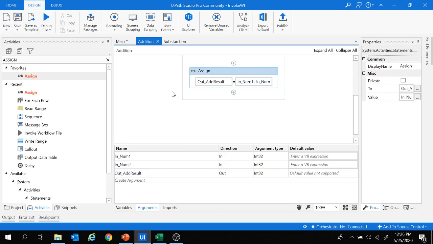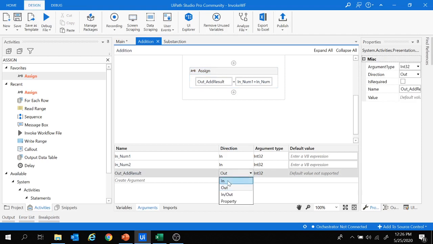Let's save this one. Now let's look into the types of directions which are present. We learnt about in. If the value is coming in from the main workflow to this addition workflow, the direction will be in. If the value is going out from this addition workflow to the main workflow, then the direction will be out.